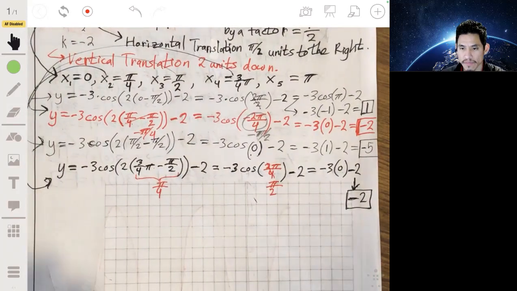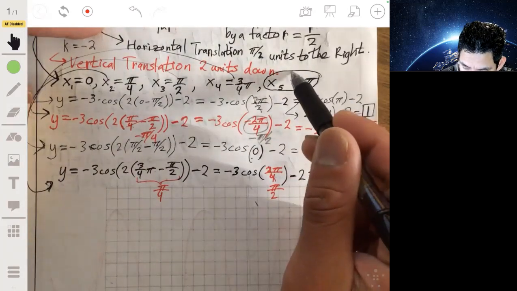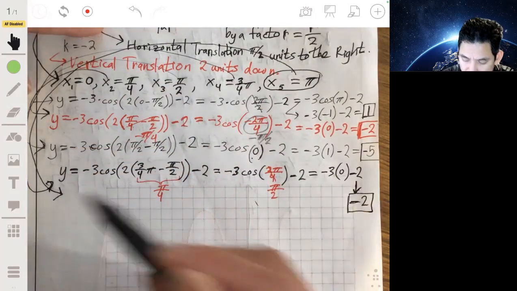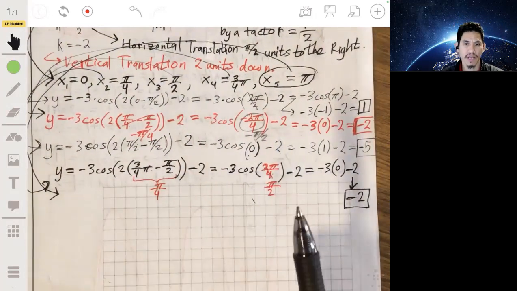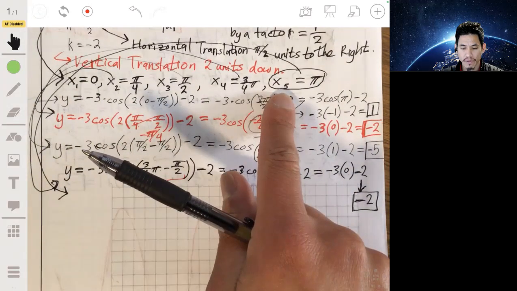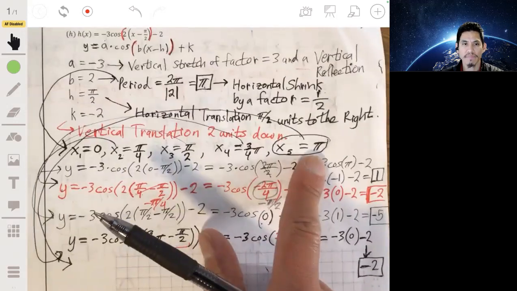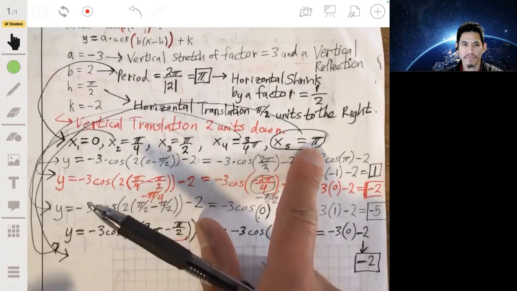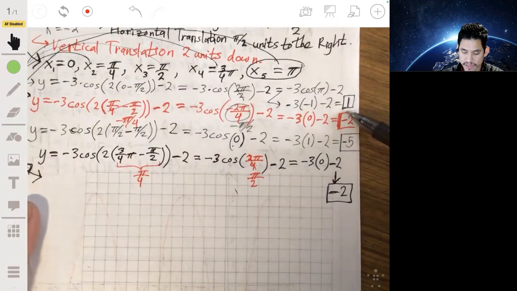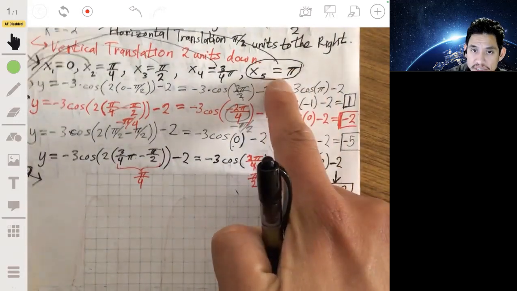All right, one more. So here's something that if you've been doing this for at least a couple lessons or practice problems, what should happen and what will happen, because this is math, is since this is one full cycle, then when we evaluate the function for pi, it's just going to come back to the original value. And so we started at 1. See how we're cycling back? We started at 1, went to -2, went to -5, went to -2, and we're going to come back to 1. So when x is pi,